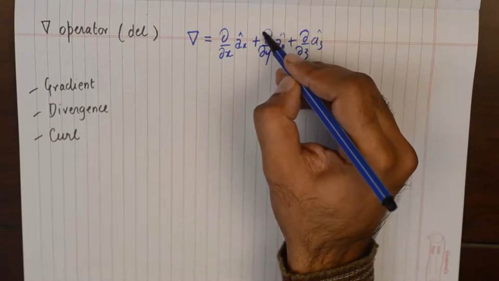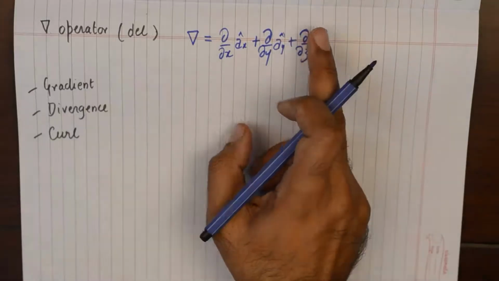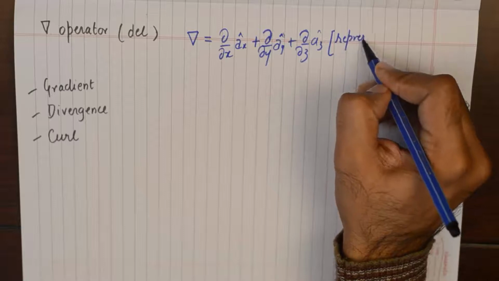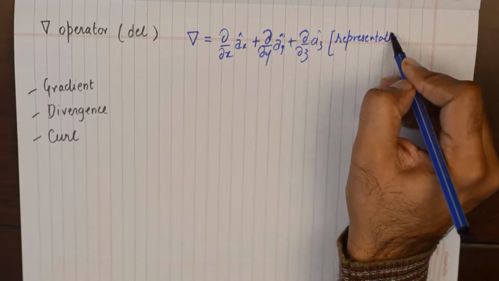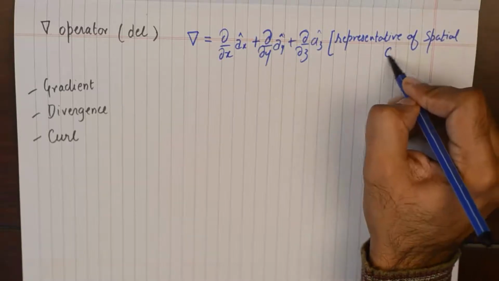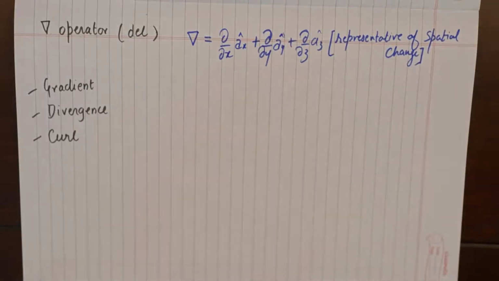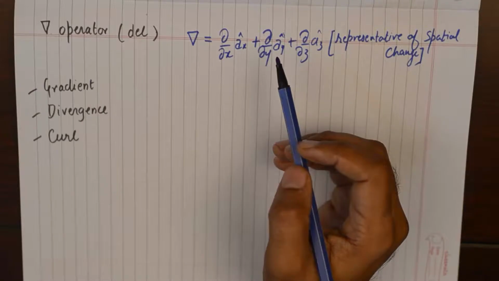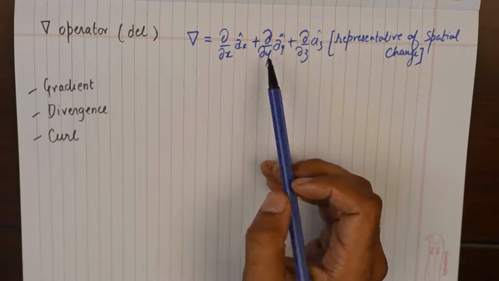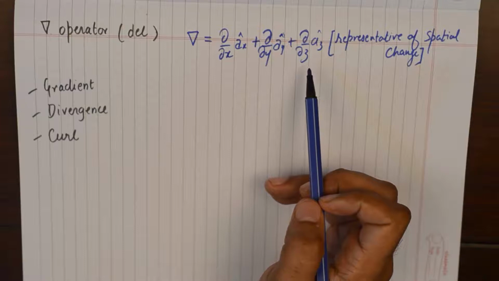If you're working in the XYZ coordinate system, then the Del operator is a representative of spatial change. As you can see, the Del operator depicts the change of something in the x direction, in the y direction and in the z direction,